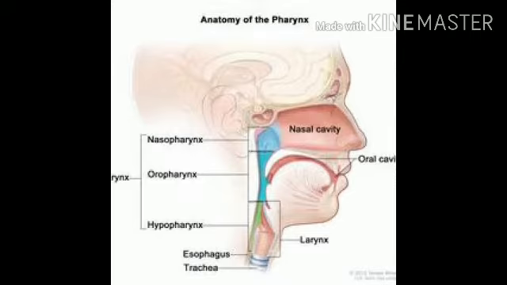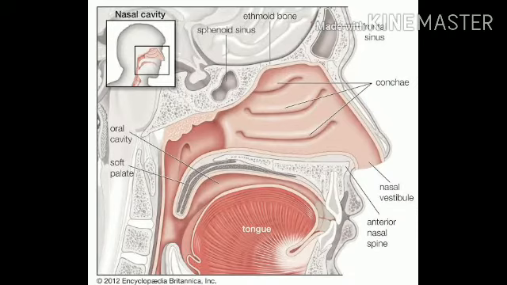First, we can discuss the nasopharynx. It is only an air passageway. It is closed off during swallowing and contains the opening of the pharyngotympanic tube, that means the auditory tube. The nasopharyngeal tonsil is present there. It is located on the posterior wall and destroys entering pathogens. The tubal tonsil, which is present here, provides some protection from infection. Pseudostratified ciliated columnar epithelium lines the inner surface of the nasopharynx.